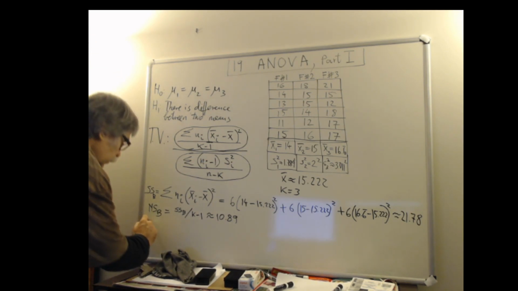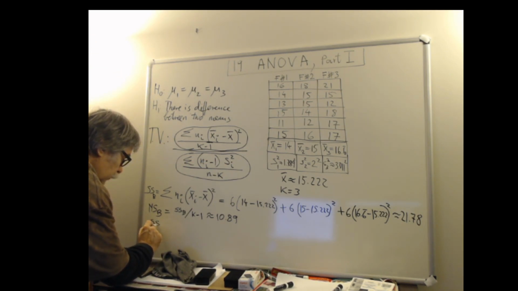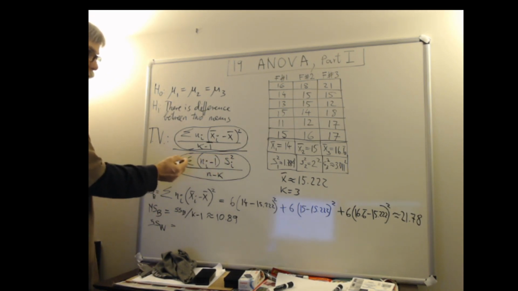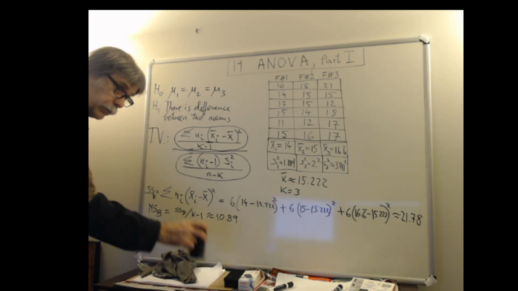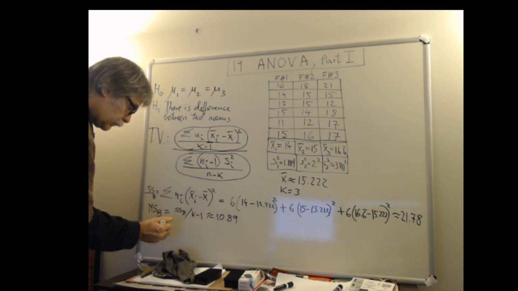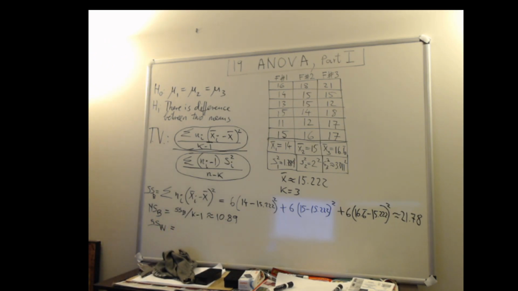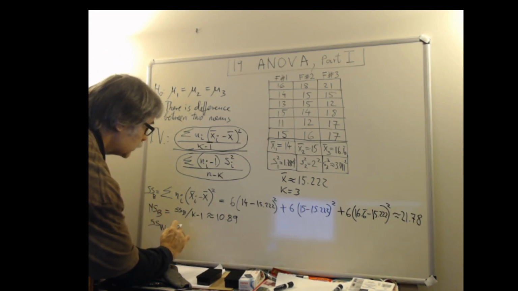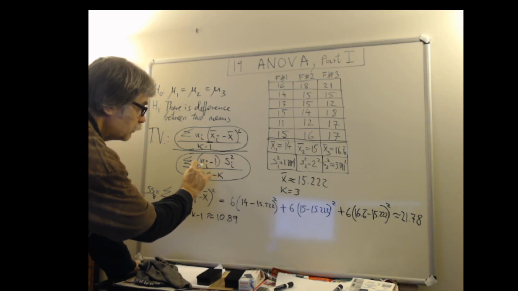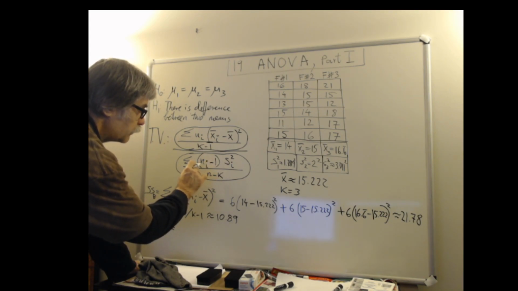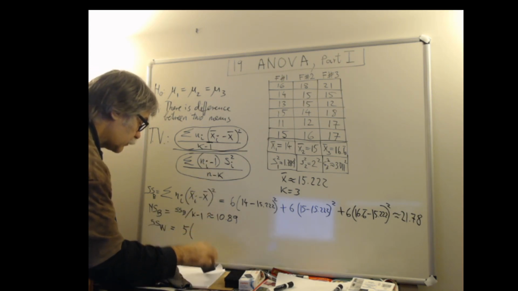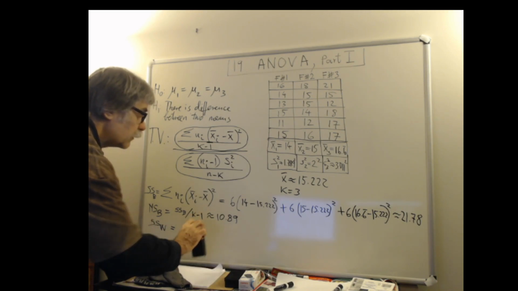So we call this sum of squares within the groups. That's the numerator of the denominator. We're going to write it piece by piece. So I have the number of things in the first group minus 1, that's degrees of freedom, so we have 5, and then we have to multiply that with the variance